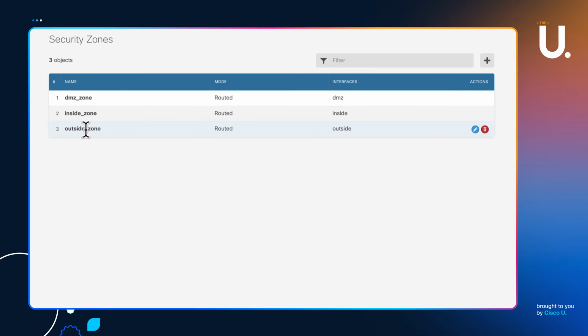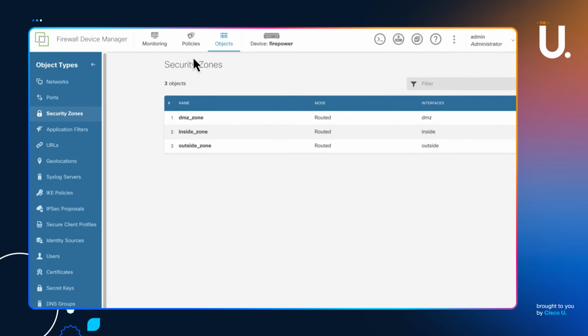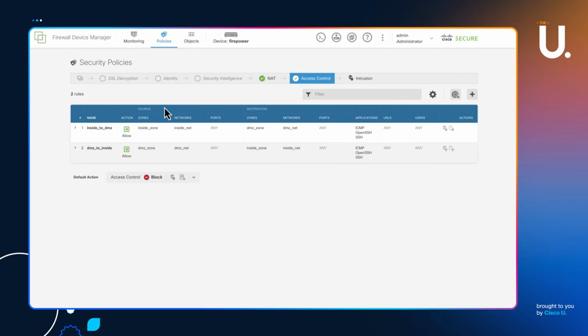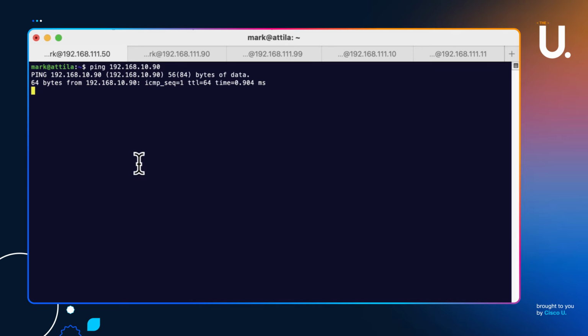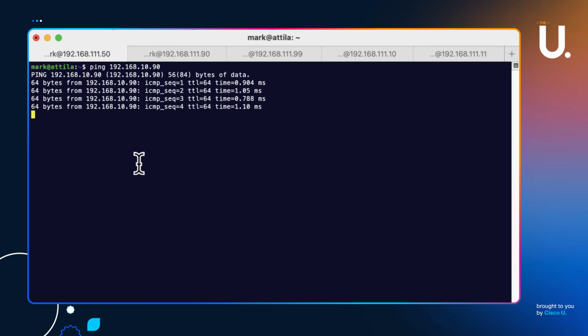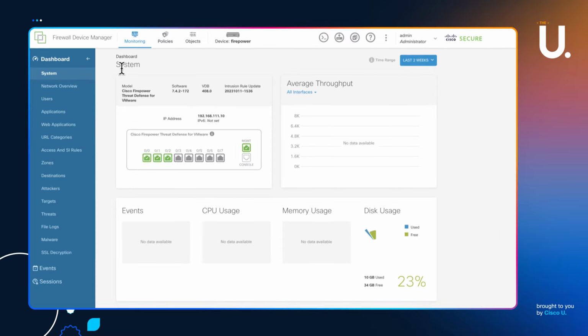Inside and outside are configured by default. DMZ is the one which I've configured. One other thing I wanted to show you here is if I go to my access policy, I've created some simple rules. Now, if I go and take a look at one of the hosts shown in the network, that's a host Attila. Attila should be able to ping one of the hosts in the DMZ, so that's working fine. And if I go to monitor events,